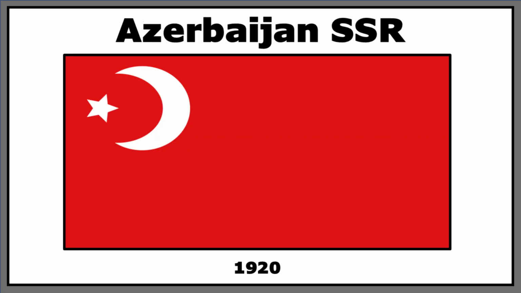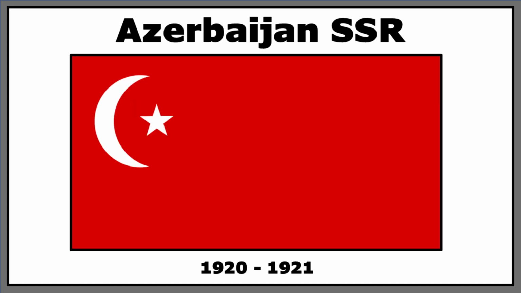The Socialist Soviet Republic of Azerbaijan was formed in 1920, and the flag is relatively similar to the original 1918 design, with a field of red and a white crescent moon and star. This flag marks the beginning of Soviet control of Azerbaijan, which ultimately ended 71 years later in 91. It's worth saying that you should probably lower your expectations at this point in the video, if you're expecting huge flag changes that is. I've given a couple of flags in the Azerbaijani history the sarcastic name Blink and You'll Miss It, and I'm sure you'll see why as we transition to the next flag. Such a dramatic change, I know.